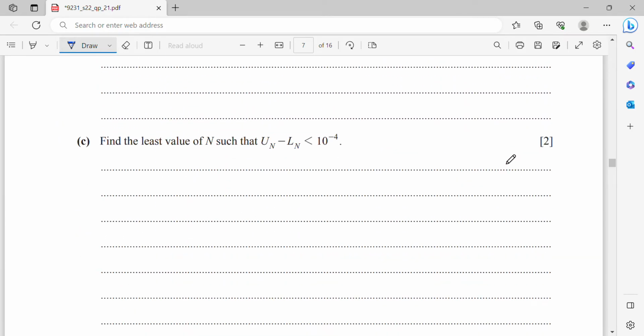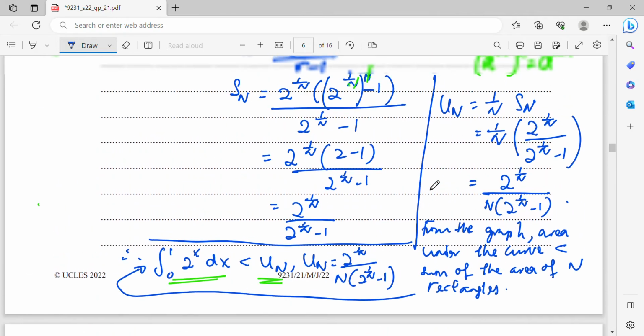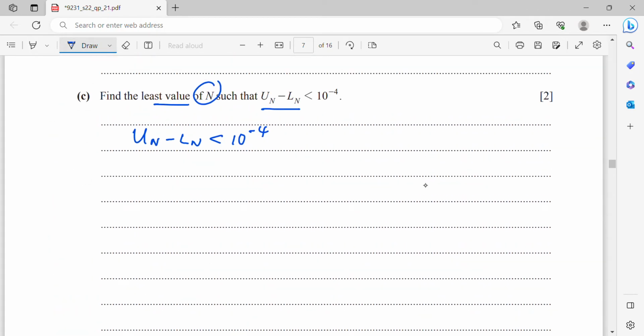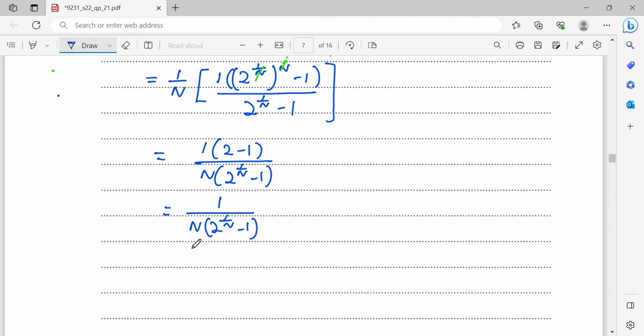Right? So now, part C: find the least value of n such that Un minus Ln is less than 10 power negative 4. So we need to find the least value of n, where Un minus Ln is less than 10 power negative 4. Now substitute the Un and Ln expressions. Your Un is 2 to the power 1 over n, over n, bracket 2 power 1 over n minus 1, minus the Ln, which is 1 over n bracket